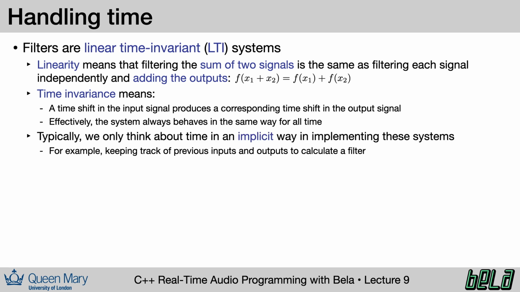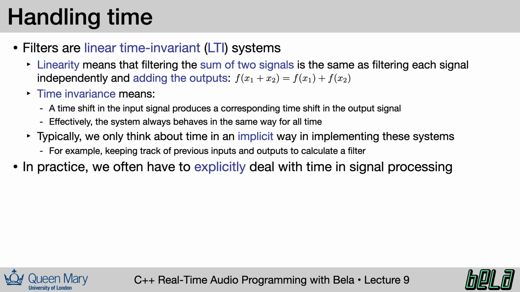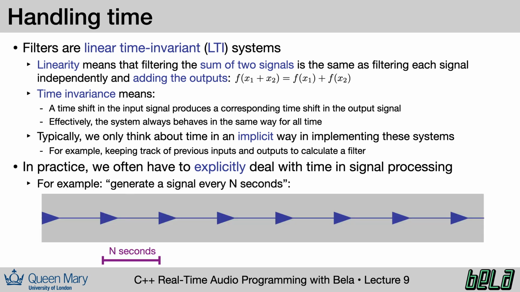When we calculate a filter, time is an important quantity, but mainly in an implicit way, in the sense that we're using the previous inputs and outputs to calculate the current output. However, we'll also encounter a lot of situations where we need to explicitly deal with time in signal processing. For example, we might want to build a system which generates an output signal at a regular interval, say every